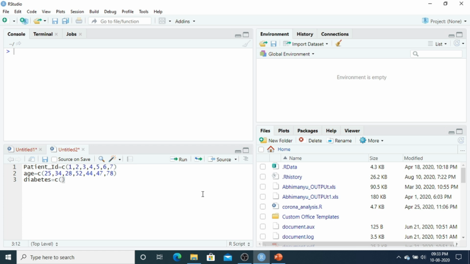So this is in the form of character, so we need to enter data within quotes. So type 1, comma, type 1, type 2.